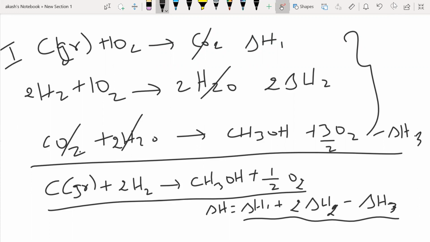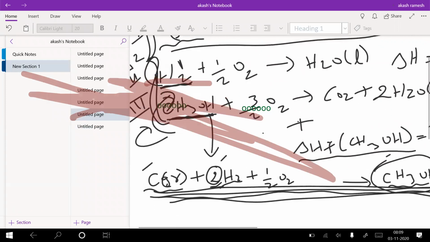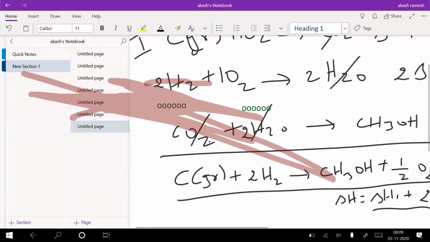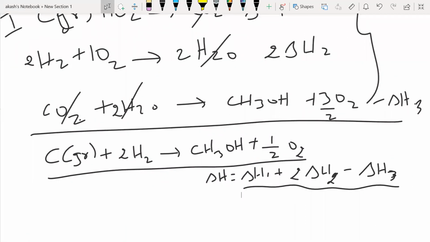I have a doubt. How is it half O2 in product side, sir? Wait. Half O2 in reactant, sir. Oh yeah, half O2 in reactant side. Sorry. Yes. Right. So 2 minus 0.5 will become half O2 in the reactant side. Yes, correct. Sorry. Yeah, this is what is the required equation.